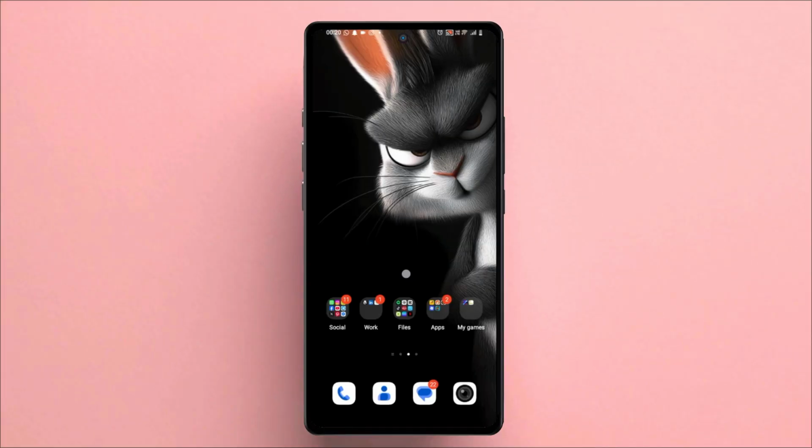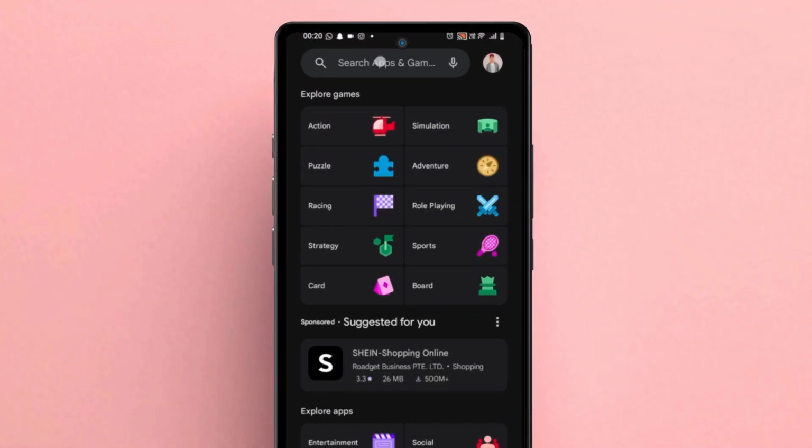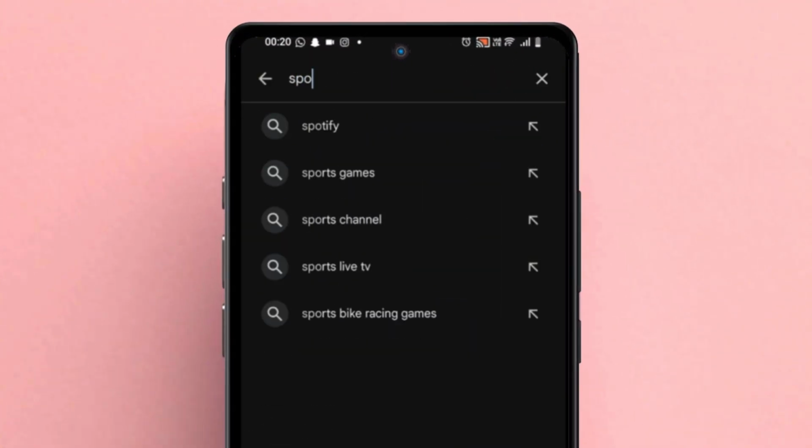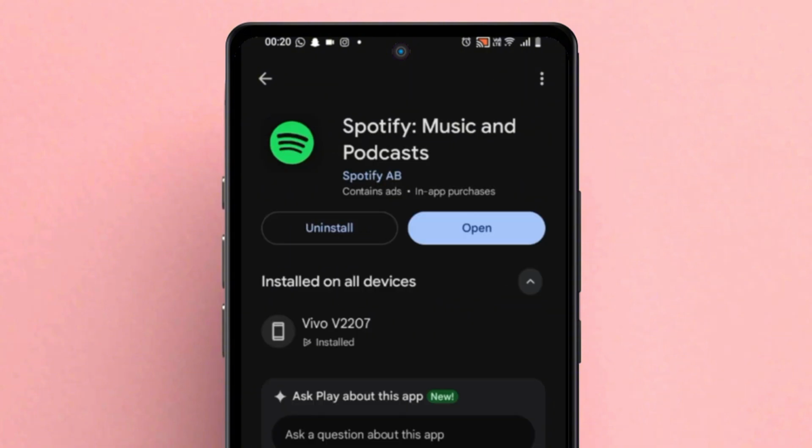After clearing the cache, go to the Google Play Store on your mobile phone. Use the search bar to look for the Spotify app. Make sure your app is updated to the latest version, as updates often fix bugs and improve overall performance. Following these steps should help resolve the most common Spotify app